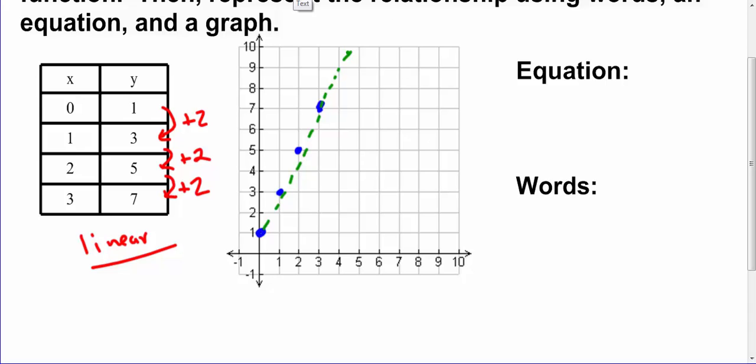Okay, so we need to come up with the equation. Sometimes it's nice to come up with an equation when we have the line already right there in front of us. We can see that the slope is up 2 and right 1, so we're going to say y equals 2x. The y-intercept would give us plus 1. Now the way I wrote this in words is something like this. The graph started at 1,